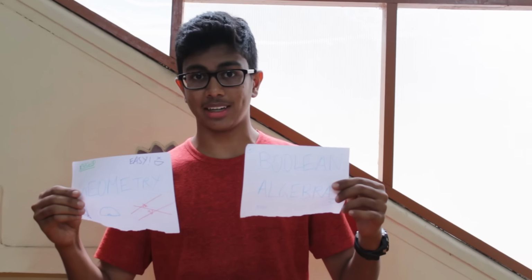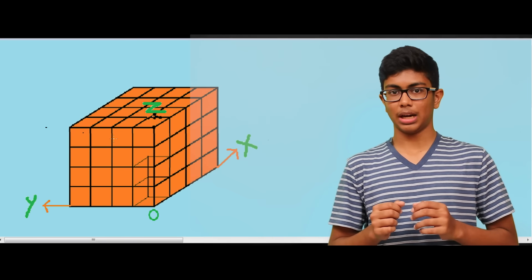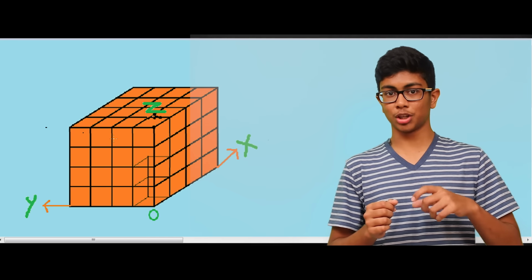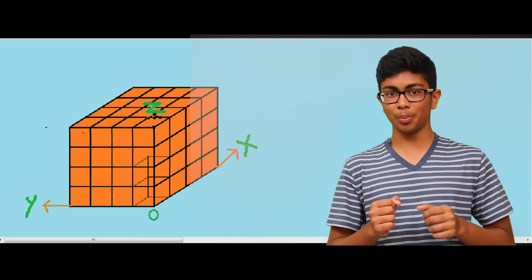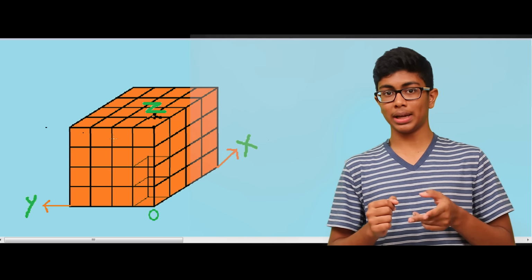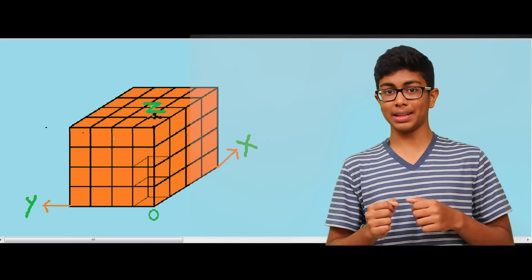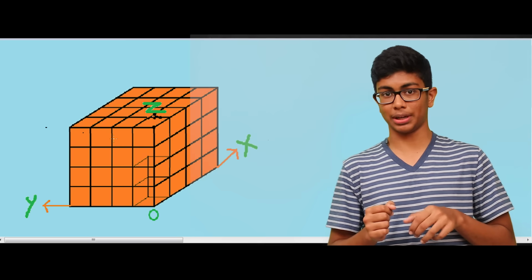So, I am going to use Boolean algebra and geometry, two familiar concepts, to find the trinomial expansion. Just to remind you, plus means or and into means and in Boolean algebra. Now then, I am going to take a cube made up of smaller cubes with the x, y and z axis marked. Assuming you can move only in the positive x, y and z directions, I am going to find the number of ways you can reach each point.